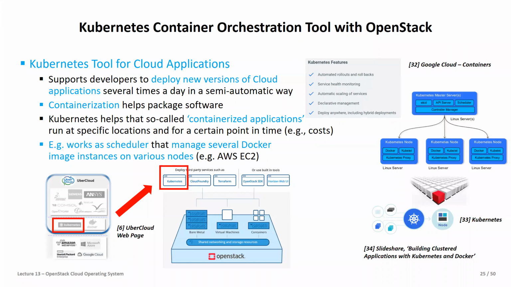So coming to another example, what we had already basically in the last lecture, but also we came back to this in the beginning, where we said we learned a lot that Kubernetes is really nice. It's built on Docker, which in turn is also nice because it gives us containerized applications. But if we have a containerized application alone, that would not be really useful. We need some managing entity, right? Which is then this Kubernetes tool, which really helps the orchestration of all of this. And the interesting thing with OpenStack is also it supports this kind of third-party service directly. So we basically can deploy with Kubernetes on OpenStack and with OpenStack,